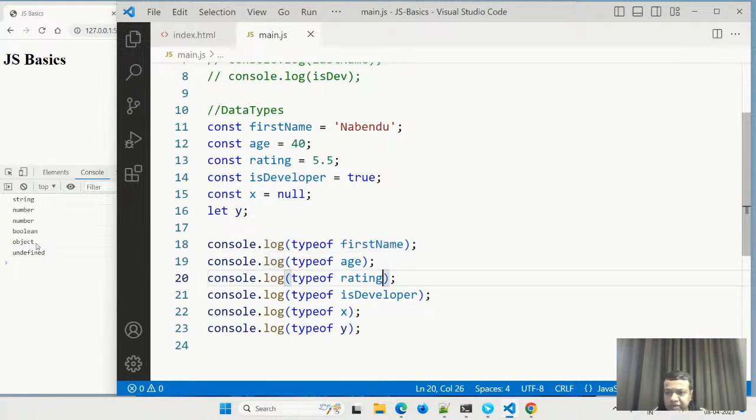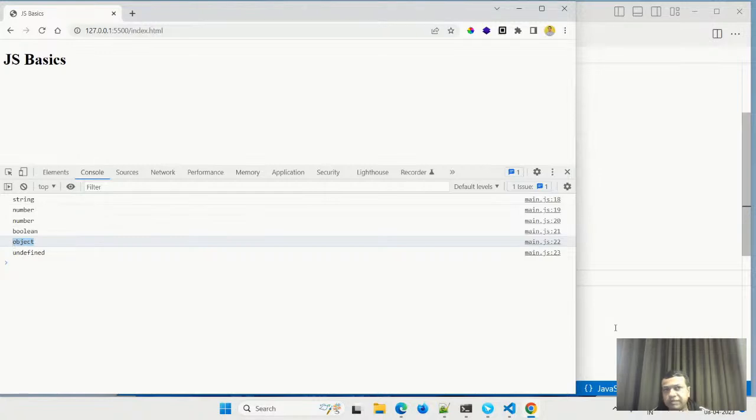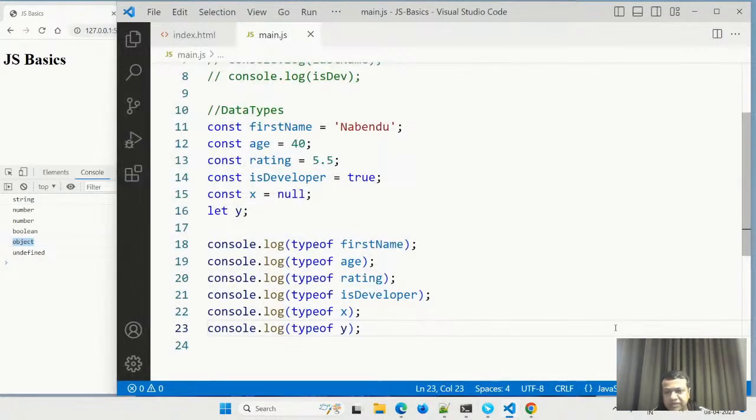But why is typeof null given as an object? Typeof null is given as object because that's a bug in JavaScript, and some bugs in JavaScript can never be resolved because JavaScript was created in a hurry. In 1995 it was created in a hurry, so there were a lot of bugs. But JavaScript became so big because after it was released, sites like Yahoo and Google were introduced and started using it. So some bugs can never be resolved. It should have been typeof null is null, like typeof undefined is undefined, but it's a bug. We cannot do anything because all the old websites like Google and Yahoo are using them.